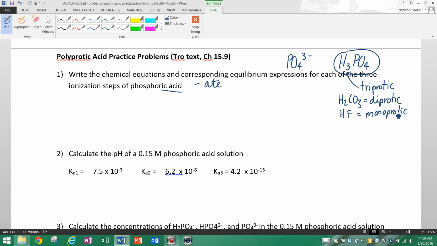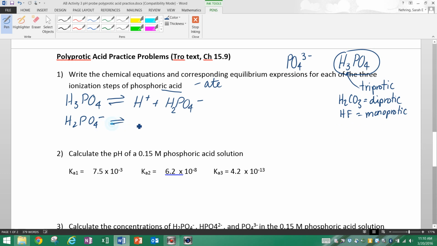Okay, so the key thing with these is we treat each ionization step separately. So H3PO4 doesn't lose all 3 hydrogens at once. We think of these as 3 different equilibrium expressions here. So first we lose 1 hydrogen, and that leaves behind H plus and H2PO4 minus. And then that anion can go ahead and lose the second hydrogen. So now notice it's going to have a -2 charge. And then that anion can go and lose the third hydrogen. So it's starting with a -2 charge, loses 1 more hydrogen, so now it's got a -3 charge here at